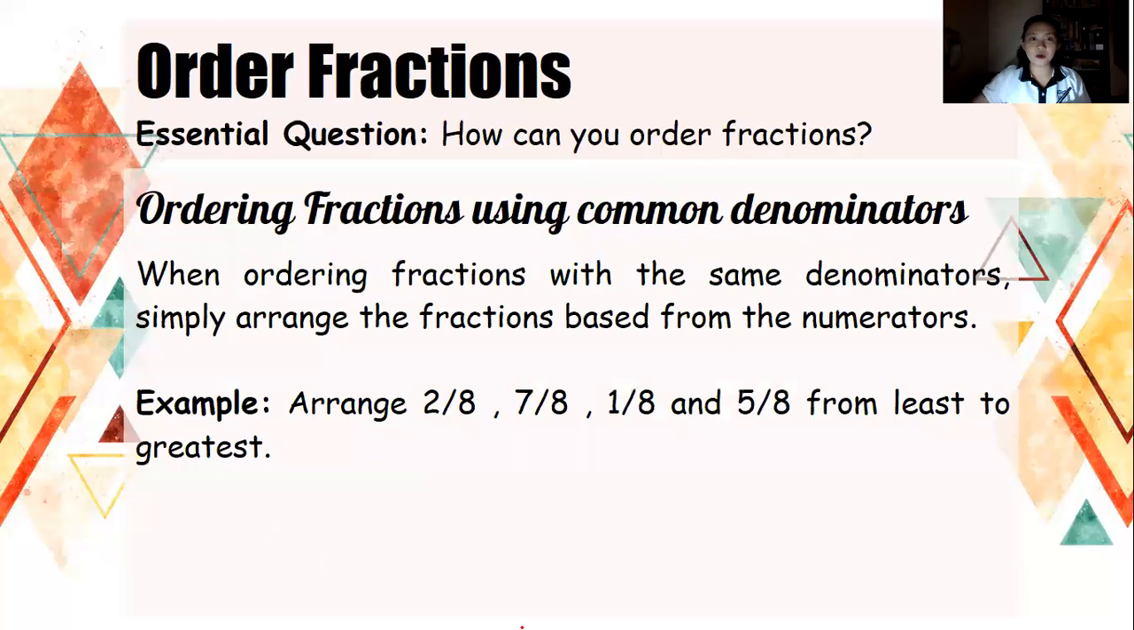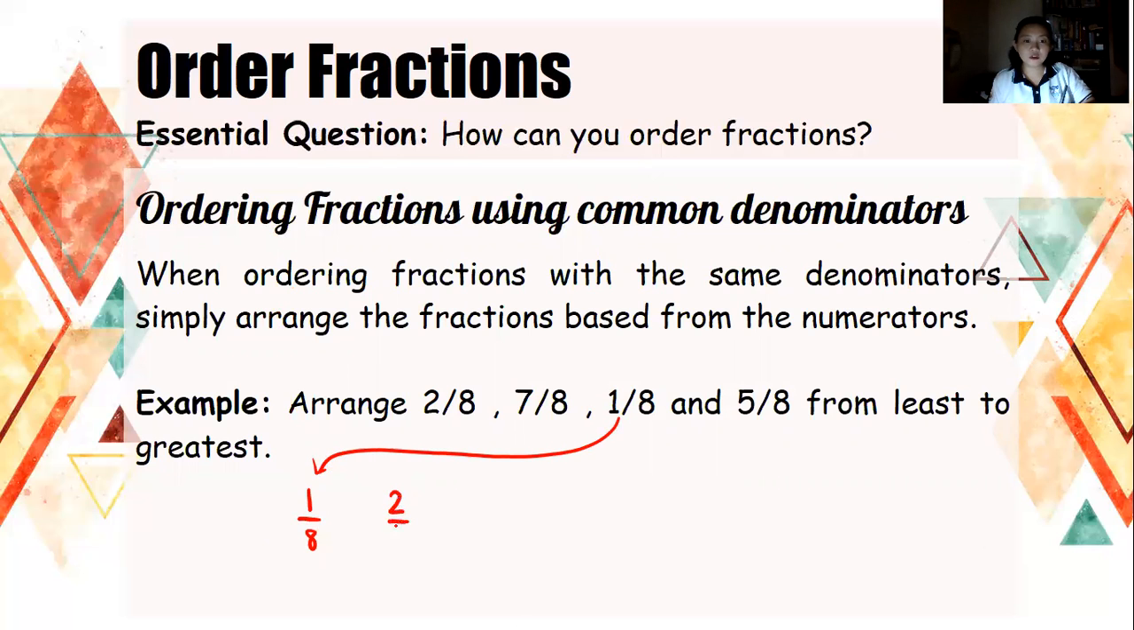Let's try another one. Arrange 2 out of 8, 7 out of 8, and 1 over 8 together with 5/8 from least to greatest. Applying our knowledge all about common denominators, we simply have to arrange in ascending order all the numerators. So we have 1 out of 8, this one,